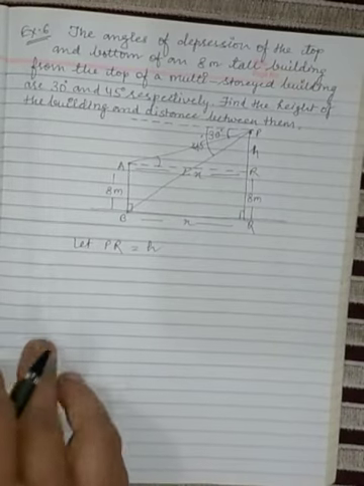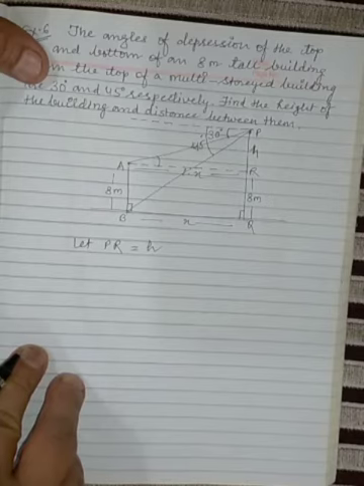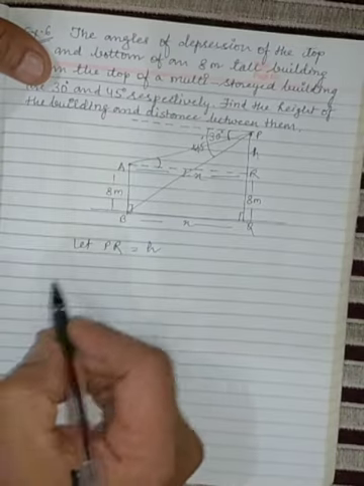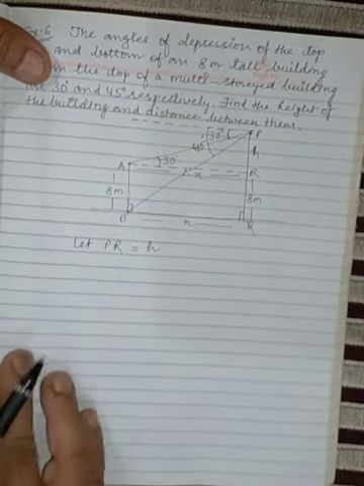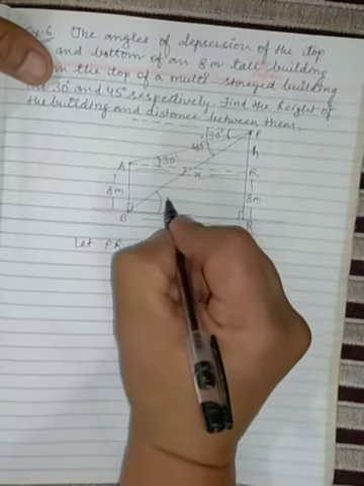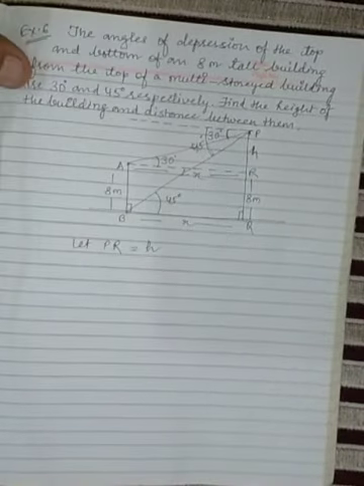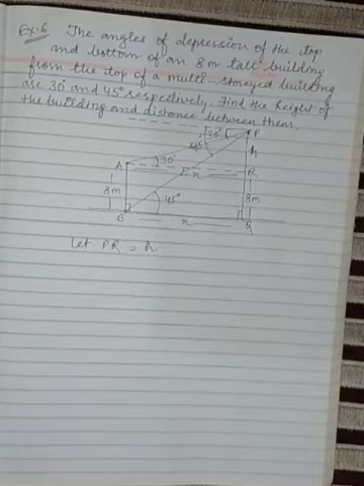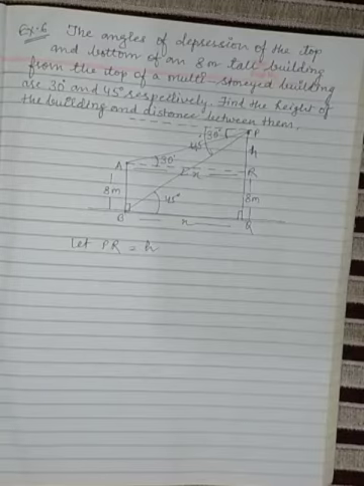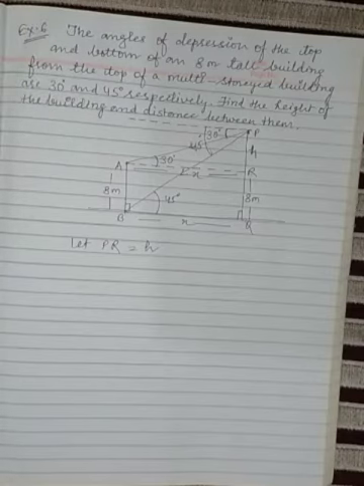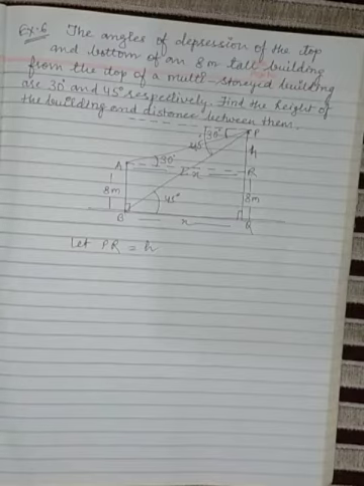Okay. Now we will use both the triangles one by one. So as this angle is equal to this angle because of alternate interior angle, so this angle will be equal to 30 degree, and this angle is equal to this angle, again alternate interior angle, so this angle will be equal to 45 degree. As I explained in my videos, whenever we are given the angle of depression, then using property of alternate interior angles, we always report them as angle of elevation using the property.